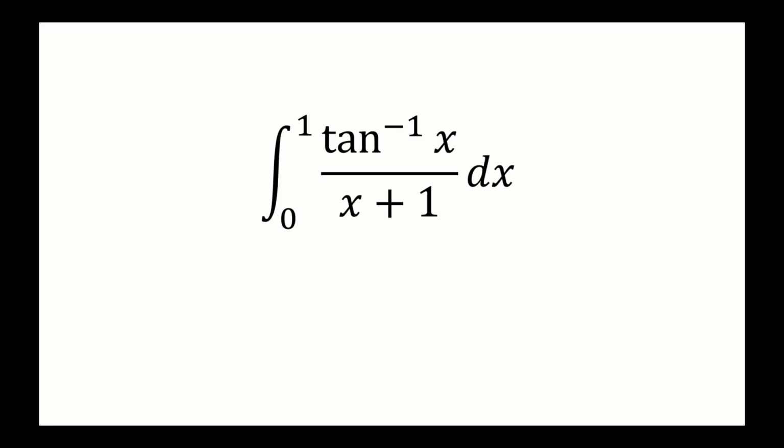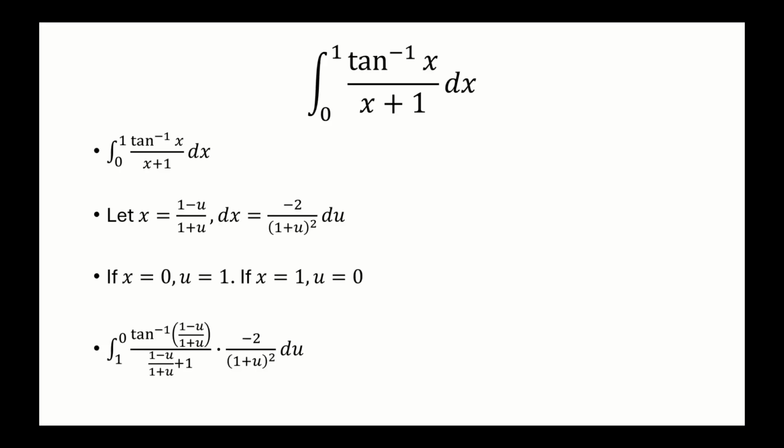So we want to integrate inverse tangent of x over x plus 1, from 0 to 1. First thing we're going to do is make a substitution. So I'm going to let x equal (1 minus u) over (1 plus u). So dx, we'll use the quotient rule, take the derivative of that, which is negative 2 over (1 plus u)